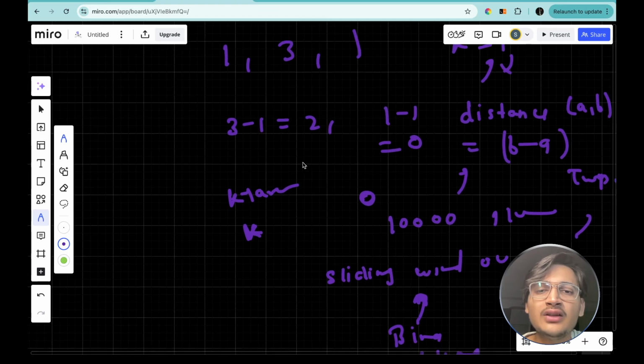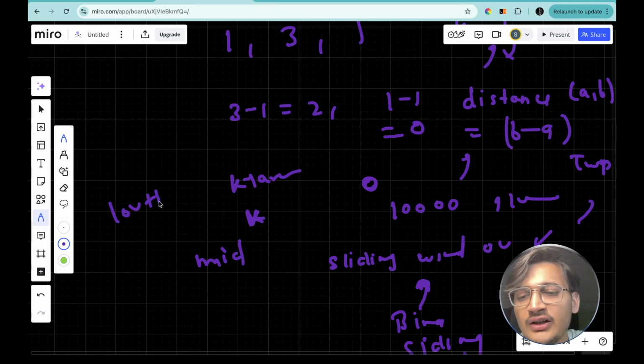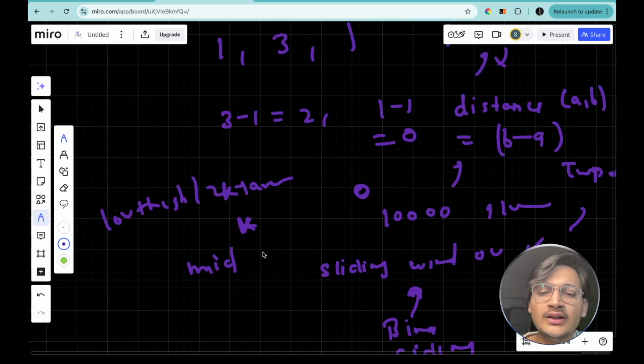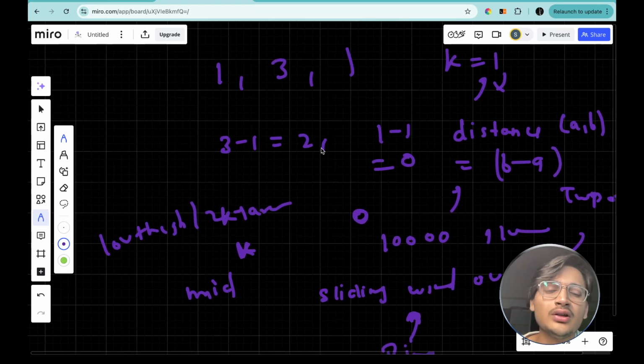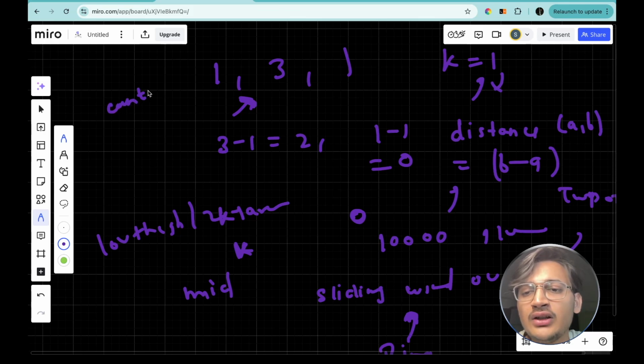In this given array we will assume a mid value, that will be low plus high divided by 2. After guessing this distance, we will start counting the number of pairs which are less than or equal to this mid value. If the count we have just computed is less than k, then